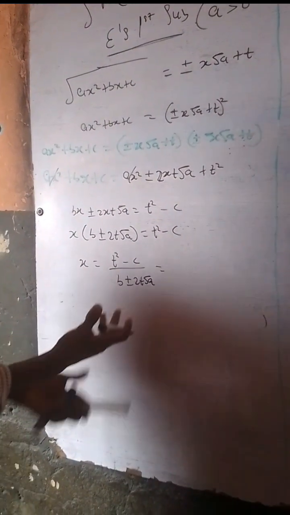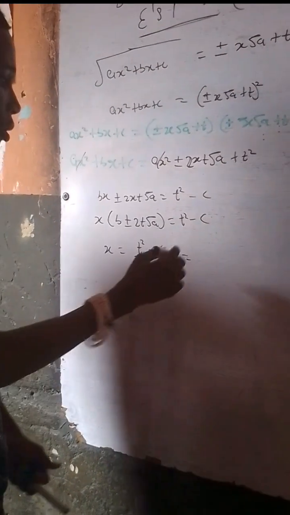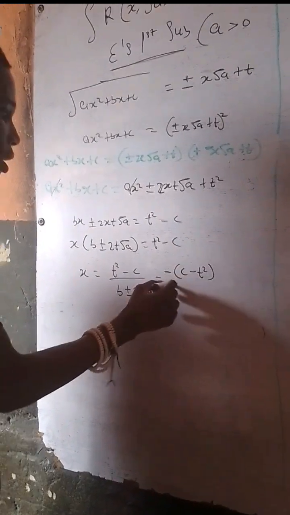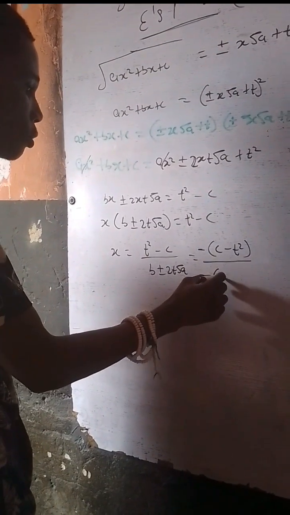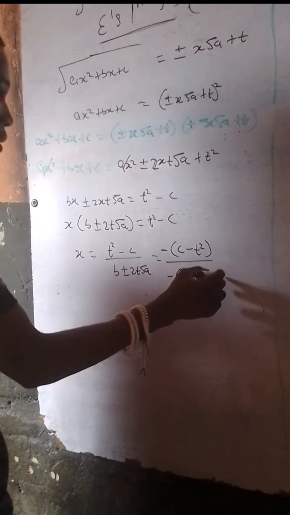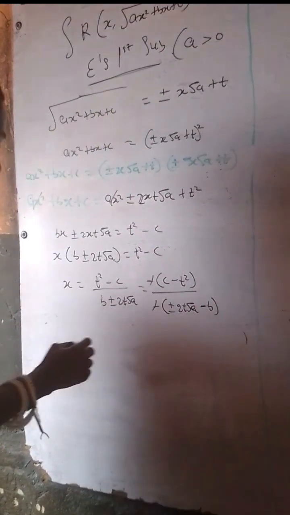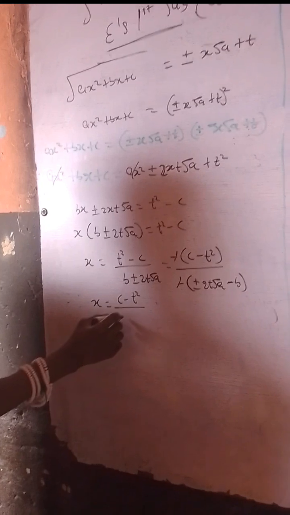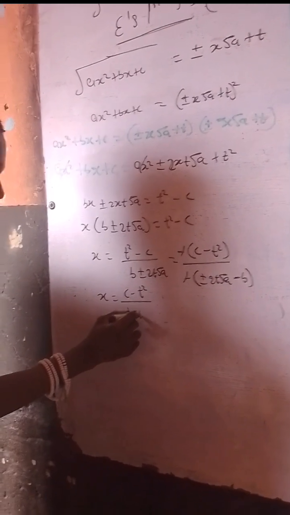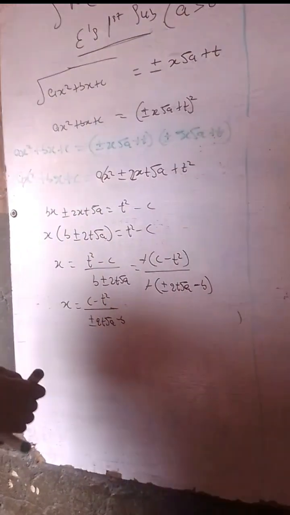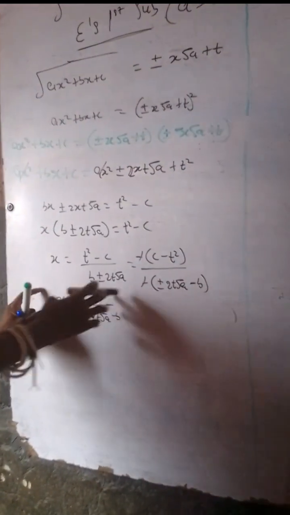We aren't done simply because there's a way we can still put this in order. You can put your minus outside there and you have c minus t squared. Yes, and you can put your minus outside there, you'll be having plus or minus 2t root a, then minus b. So minus can still cancel out minus. So automatically our x will be equal to c minus t squared over plus or minus 2t root a, then minus our b. Now guys, this x is the variable we need to solve some questions like this,